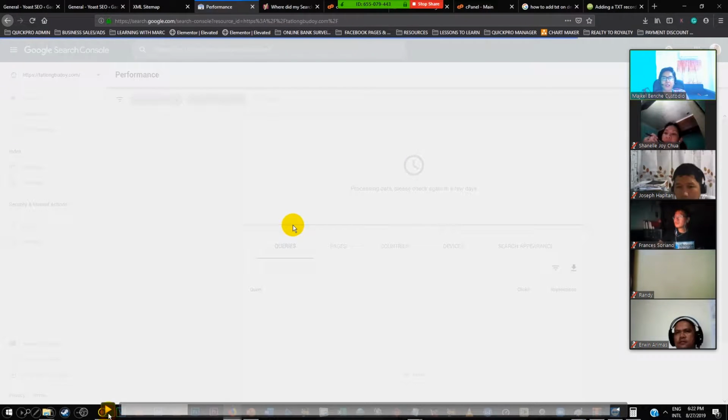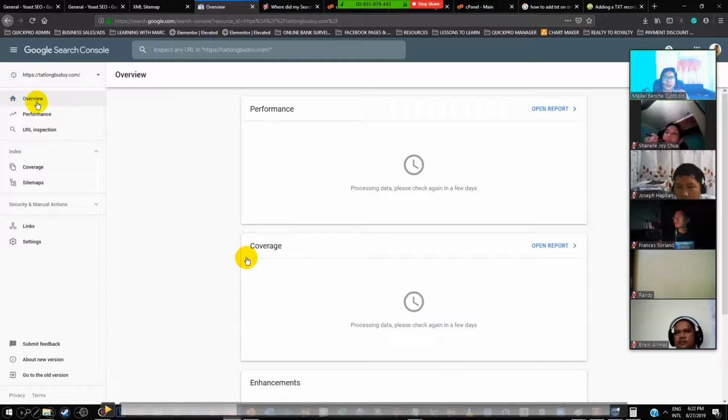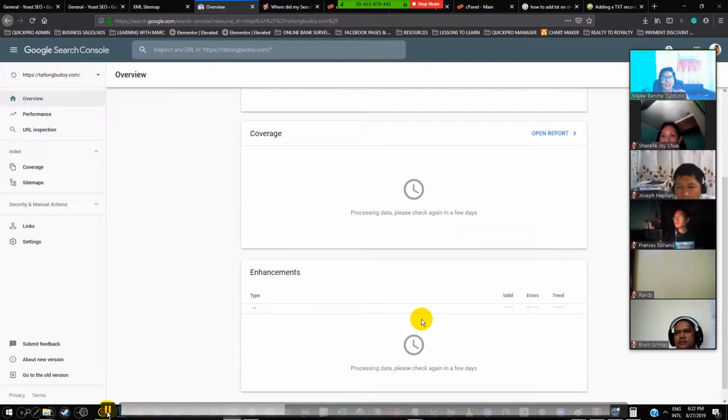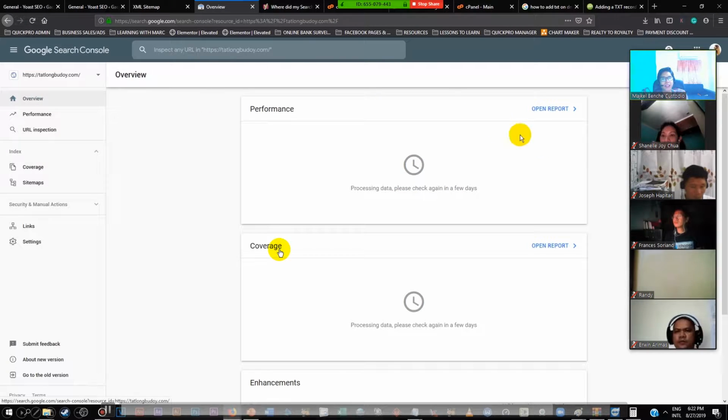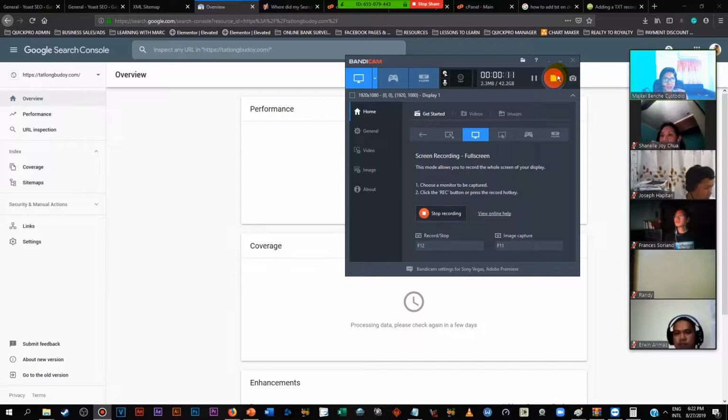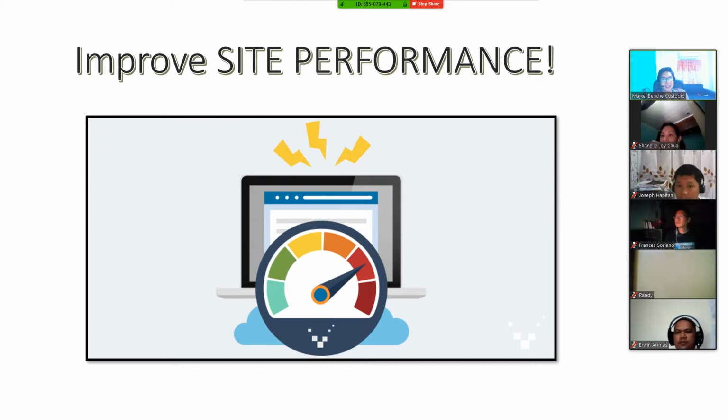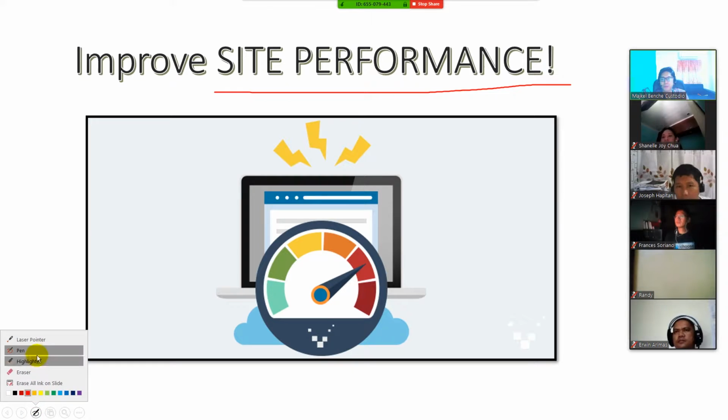And now, when you go back to your index, guys, you will just click on Overview. Right now, it doesn't have any data because you just started. But as the days go by and the months go by, it will start getting some data. But again, this is not your basis for your SEO because we're going to have better tools to check your SEO health later on. Okay, next, guys, we're going to improve your site's performance, the speed of your site. We're now done registering your site on the Google Index. Now let's speed it up.